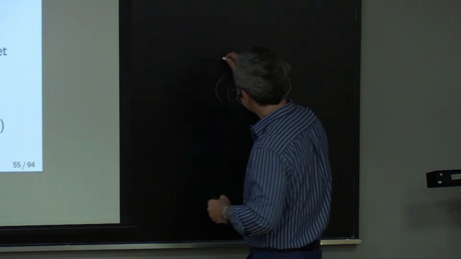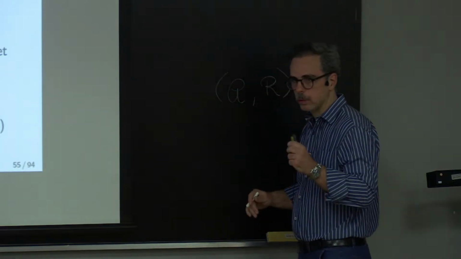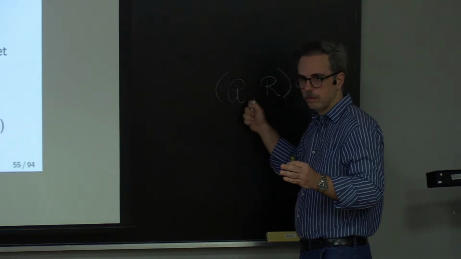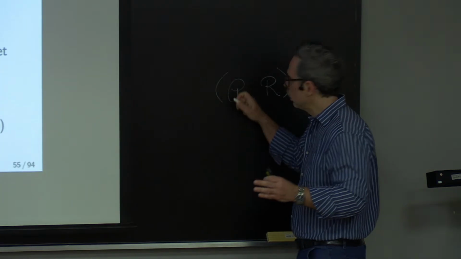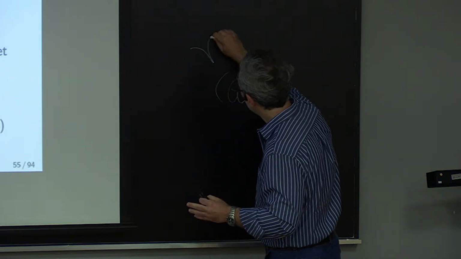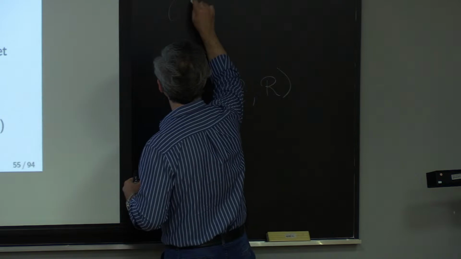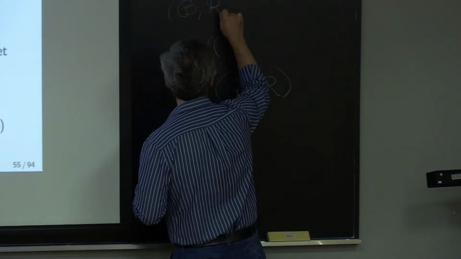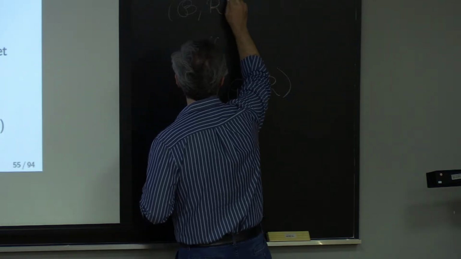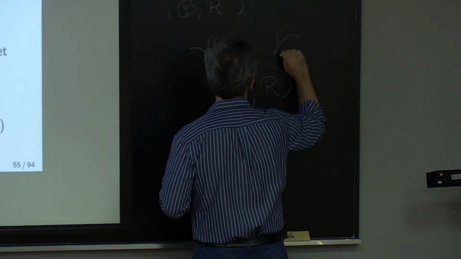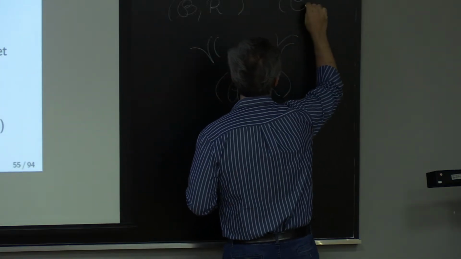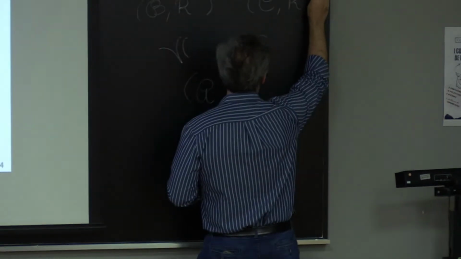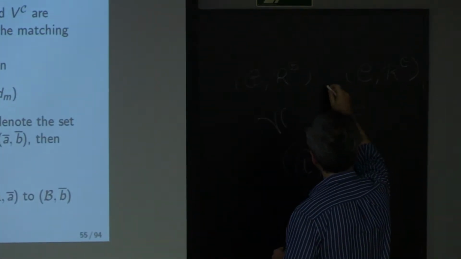So we want to show the following, the hard part. If R is not definable in A, then there are two elementary extensions B, R B and C, R C